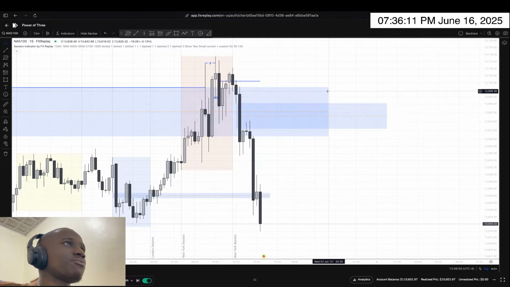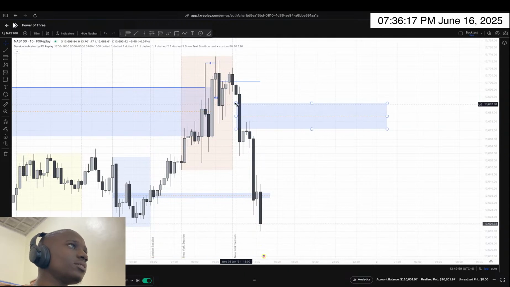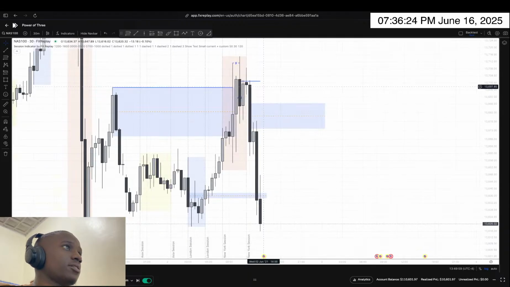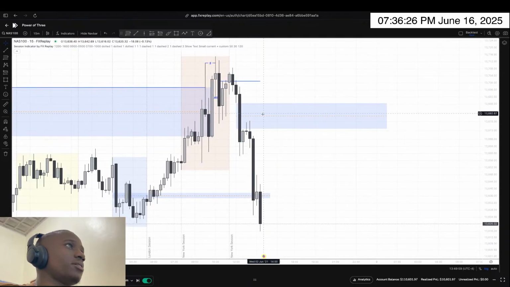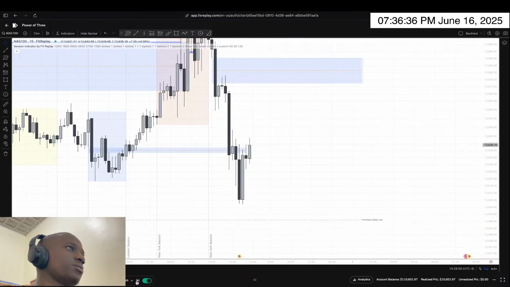You can see that that's where the entry is provided on the 15-minute after this clean shift here, retracement. But I can't call this a full retracement because we didn't reach the midpoint of this fair value gap, but this is a really clean retracement. Yeah, the 15-minute pushed into the gap and then dropped, which means the biggest draw on liquidity would be the previous daily, which I think we will also tap into soon.